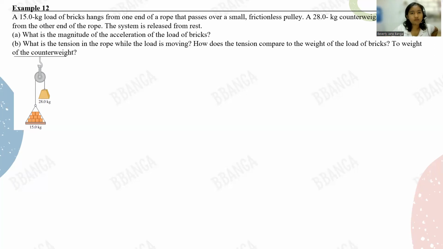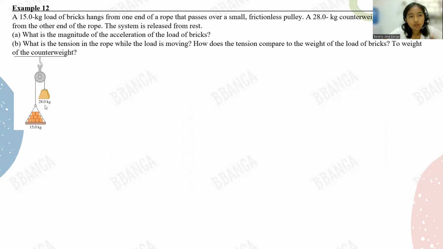Okay, so number 12, sabi dito, a 15 kilogram load of brick hangs from one end of a rope that passes over a small frictionless pulley. A 28 kilogram counterweight is suspended from the other end of the rope. The system is released from rest. What is the magnitude of the acceleration of the load of bricks? Okay, so